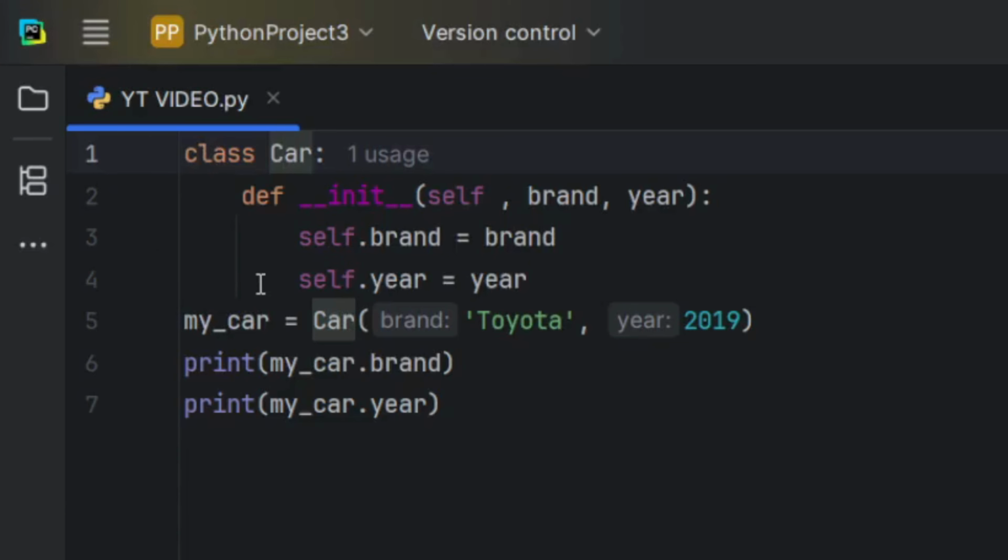My_car, once again, is an instance, or an object, from the class Car with its own data. As you can see, every car has a brand and year, but it can differ. So this car is unique because it's a Toyota. There might be another car which might be a Nissan or a Lamborghini or anything. But we're still using the same blueprint to make the car.